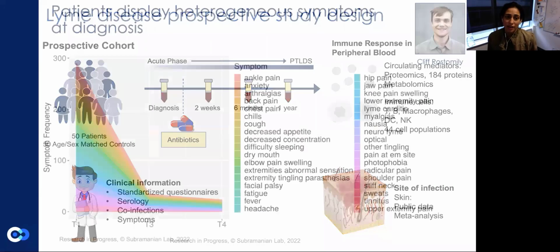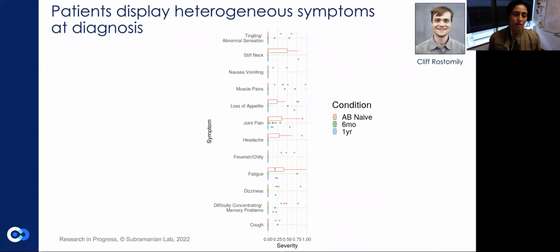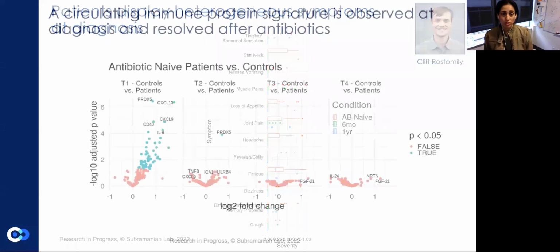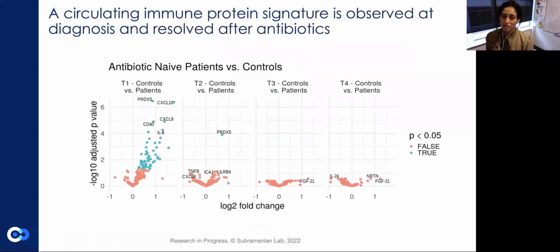Borrelia causes a wide variety of symptoms across individuals. You can see that most of these symptoms occur at the time of diagnosis. By about 6 months, which is the green and the blue bars, most of these symptoms are resolved. At the time of diagnosis, people go on antibiotics, and that helps to resolve some of these symptoms as well. Now, the circulating immune protein signature in the blood follows this exact pattern,